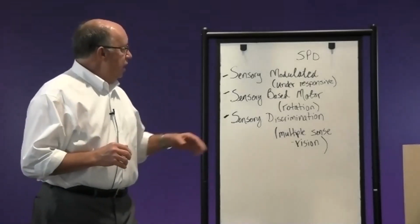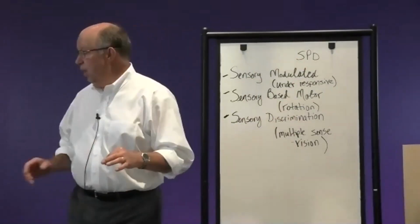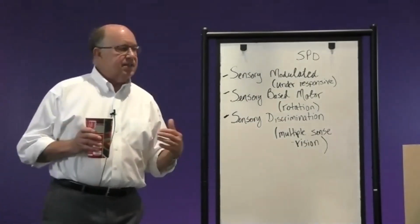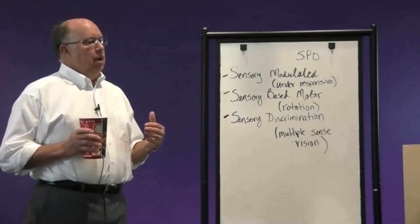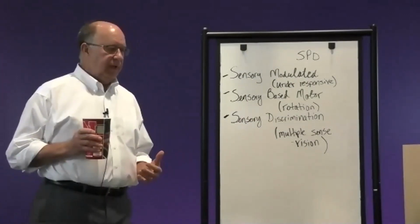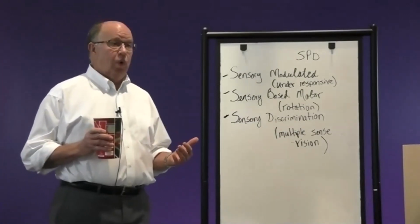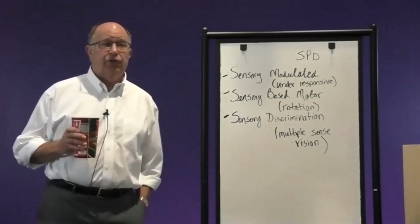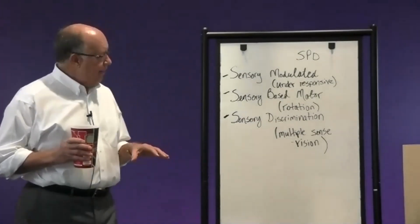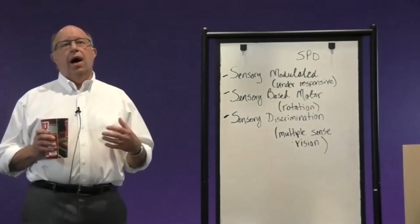So tonight we're going to talk about, I put SPD up here on the board, sensory processing disorder. And I don't want us to think, Jen, about POTS patients or patients who can't find the floor this evening. What we're going to talk about are patients who can't find chest walls this evening, can't find their thoracic chest wall. And before we get too far into the topic and the meat of the program, I'm going to be focusing a lot on